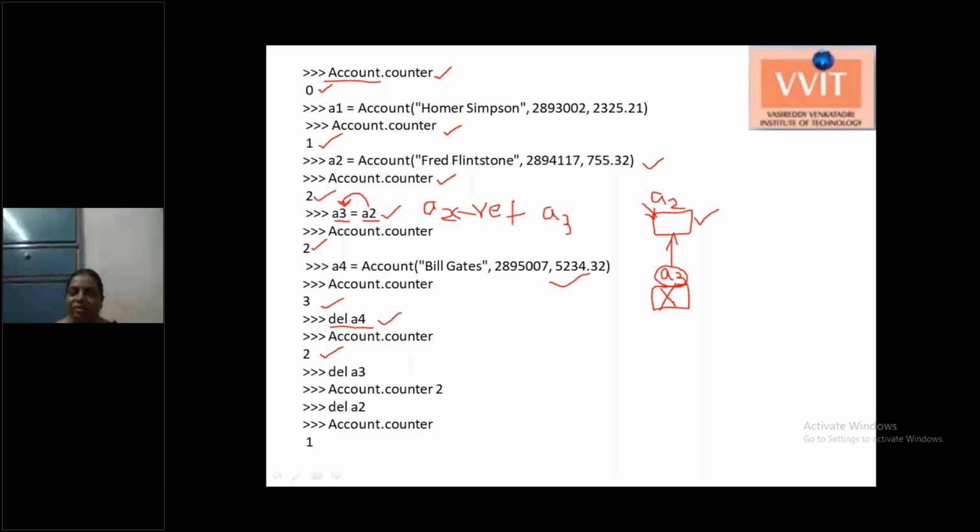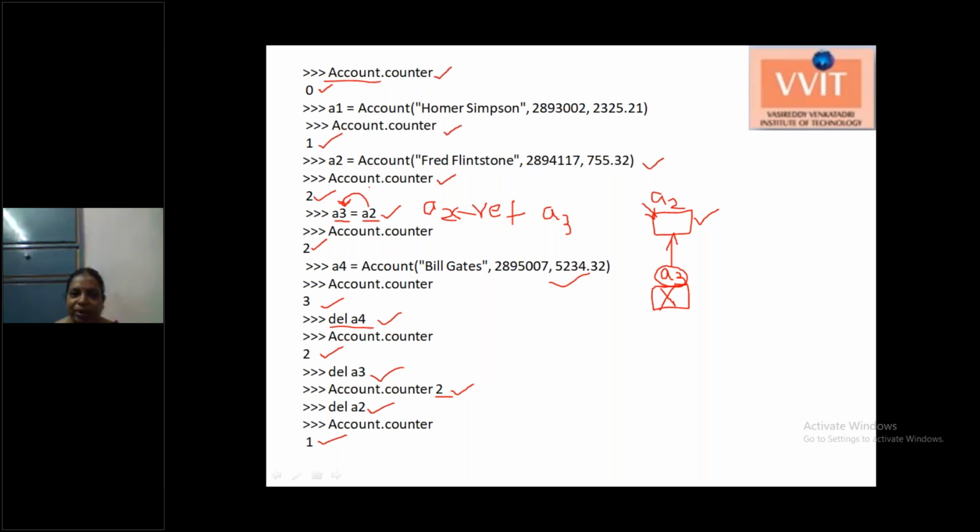Del a4 destructs the object a4, so the counter value is 2. Here I am deleting a3, but it doesn't call the destructor, so it doesn't decrease the counter value, which stays at 2. Now I am deleting a2, so your counter value is 1 because the object is destroyed from the memory.